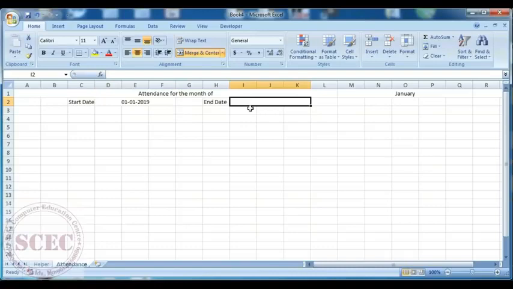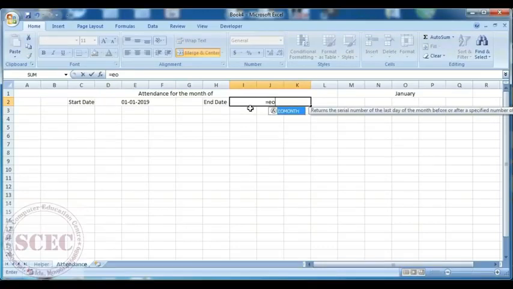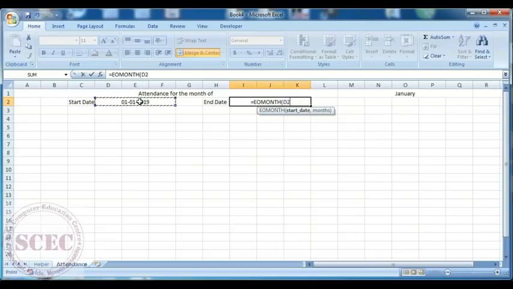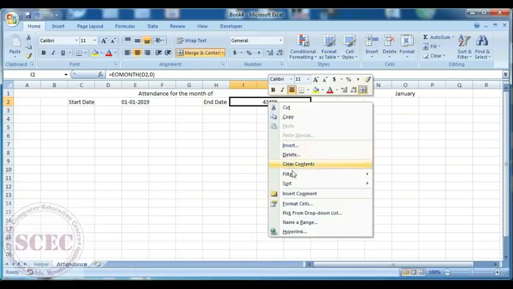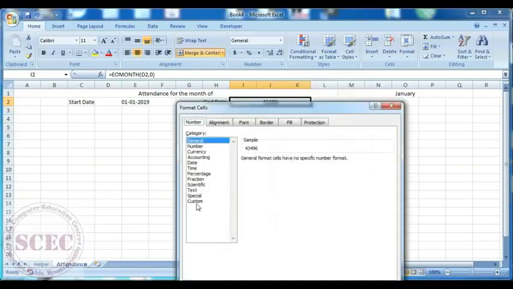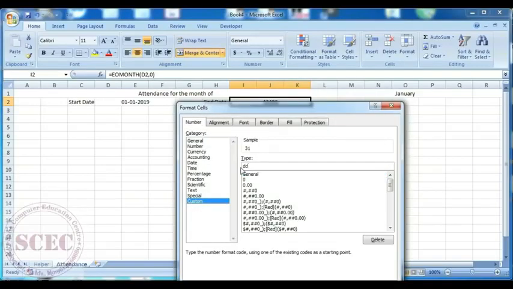Now to get the end date, we have to give another formula, that is equal to EOMONTH, click the start date and then month 0, then close. We have got another serial, so again convert it as a date with Format Cells, Custom, DD-MM-YYYY.